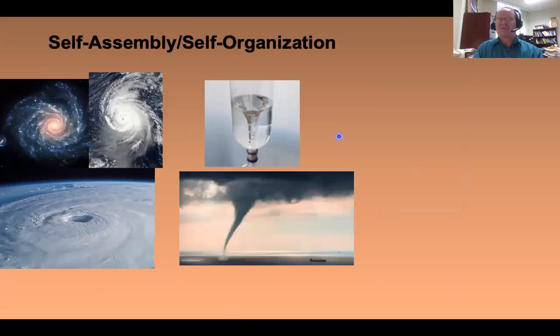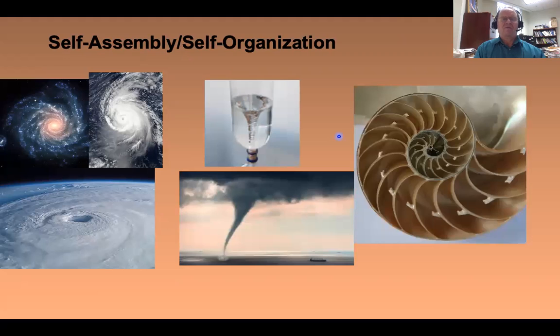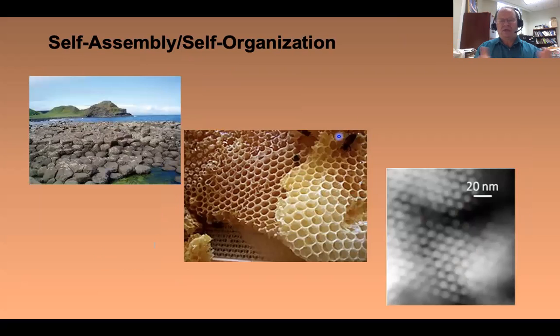So here's sort of the intro to self-organization, self-assembly. Here are some cases of the same structural motif at lots of different length scales. On the left-hand side, all the simple examples, non-biological processes. On the right-hand side, a biological process that uses the same motif. The sort of motif we use is, well, here was one example. This is hexagonal, so you see the Giant's Causeway, a honeycomb, and these are metal oxide nanopillars that we've made